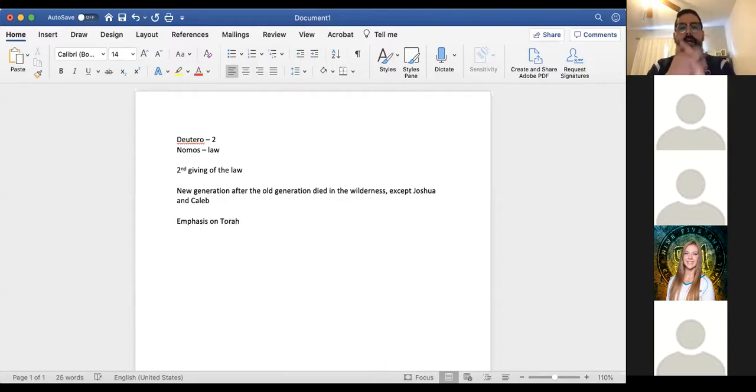And especially moving forward, as you go through other classes like Kings and Prophets, and I think some of you, if not all, will be going to Synoptic Gospels, when you start seeing Jesus' interpretations of Torah, and then with the prophets, what they're going to be doing over and over again is calling them back to covenant and calling them back to ways of observing the Torah, which we're going to talk about today, why that's such an emphasis already beginning with the Pentateuch